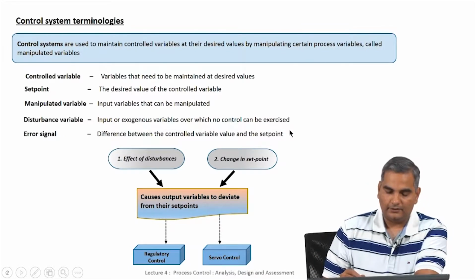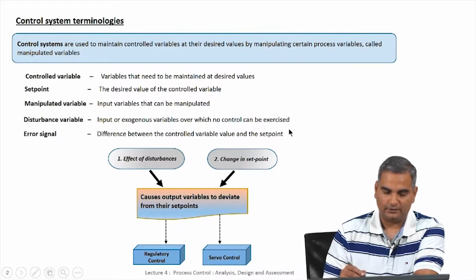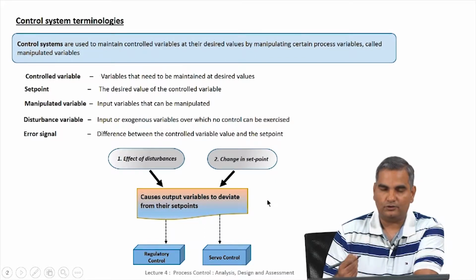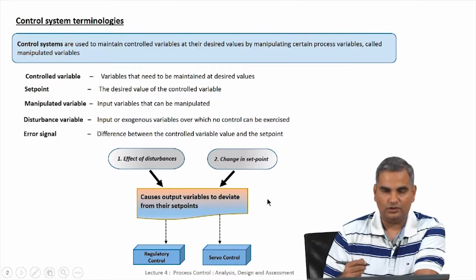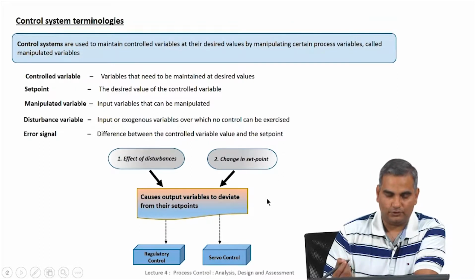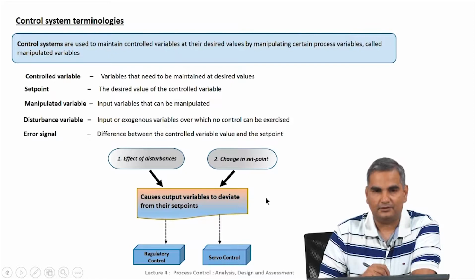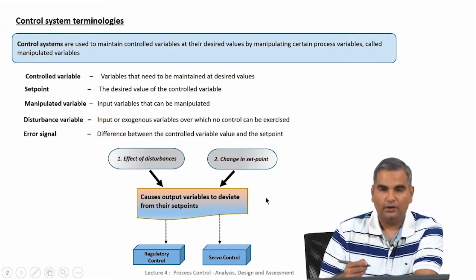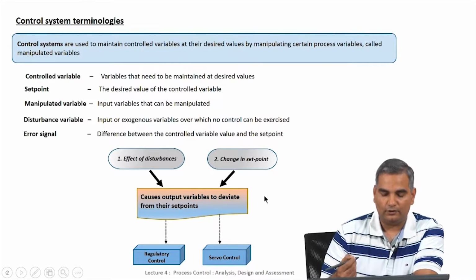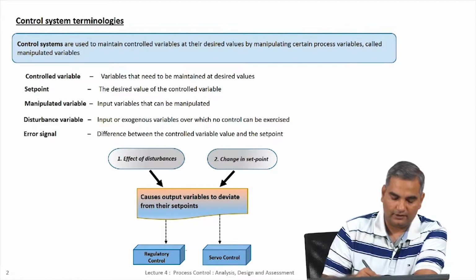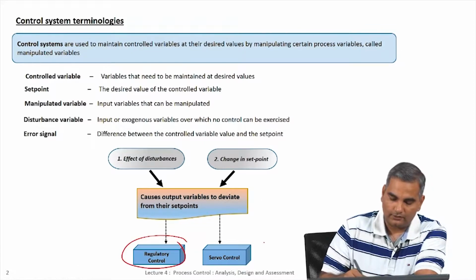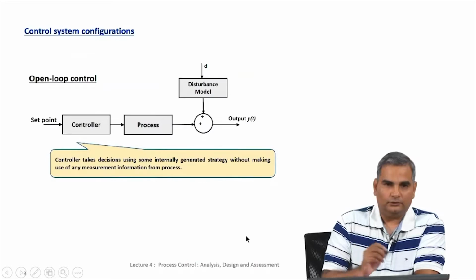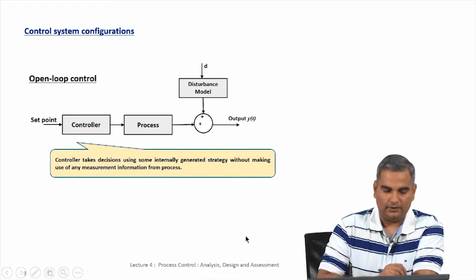And as we said before in previous lectures, the control variable, let us assume it is at its set point. Now, you would need to change the control variable from its current position, either because you have disturbances which change the control variable from its value and you want to bring it back to its set point, or you want to change the set point and the control variable follows the new set point. So, we talked about these and said one of them is called the regulatory control, the other one is called the servo control.